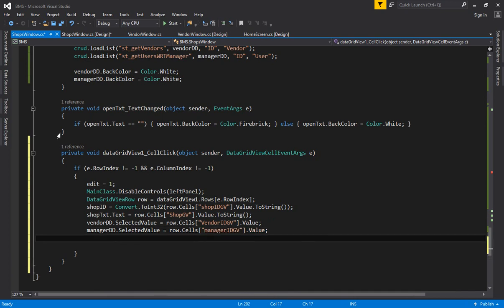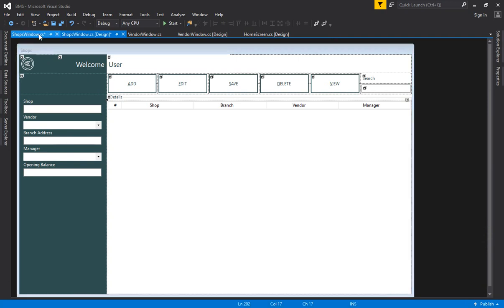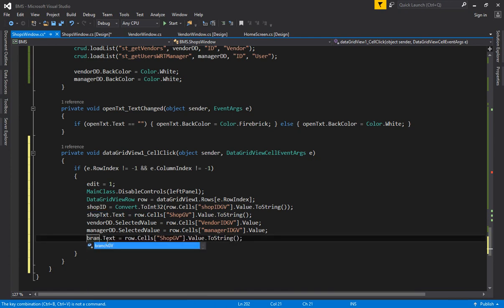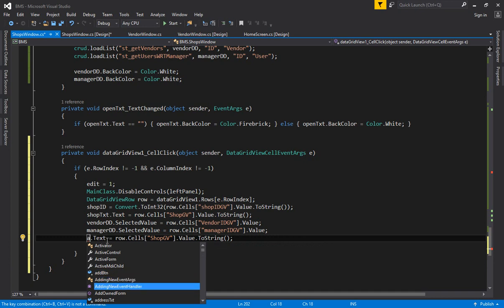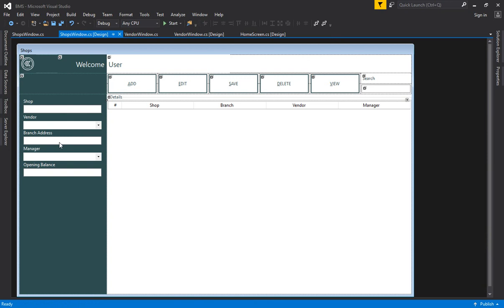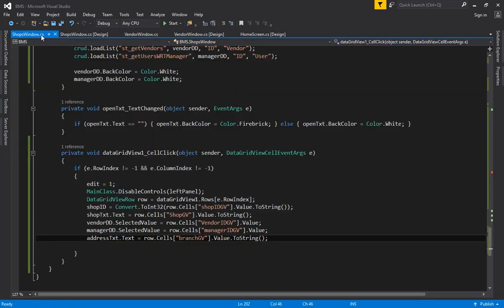And now manager vendor, now the branch address. So copy and okay, I haven't copied that, so copy and paste, and here you write branch text, no, the address text basically, and then here you write branch GV, and then all things are now set. I think branch taken, vendor taken, shop taken, manager taken, opening balance is still missing. So we haven't picked the opening balance, so it's a requirement that we have to add the opening balance also